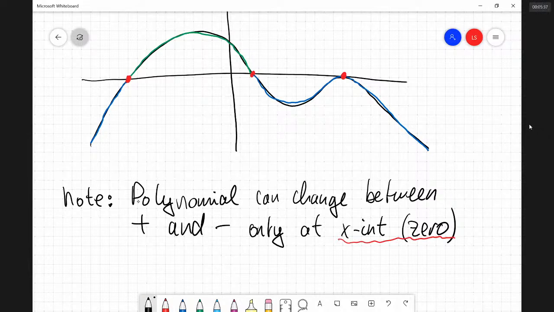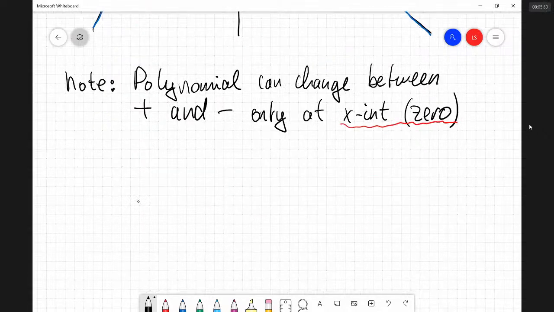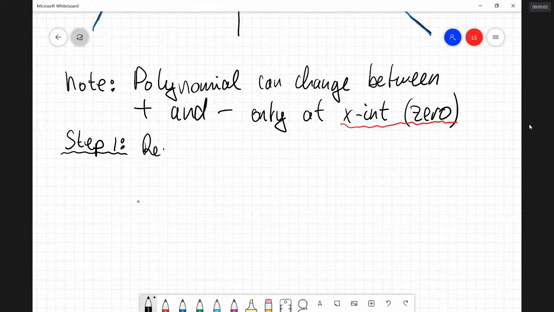So that's an important observation, and it is not true for rational functions. We will see that when we get there. But now, knowing these things, let's discuss the steps that we would take in order to solve a polynomial inequality. First step is to get that 0. So we're going to rewrite the polynomial